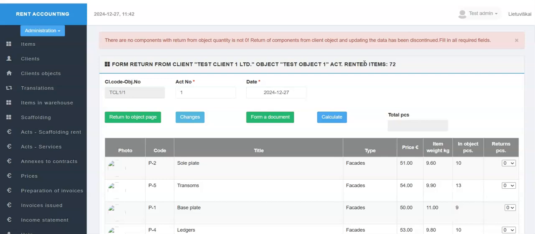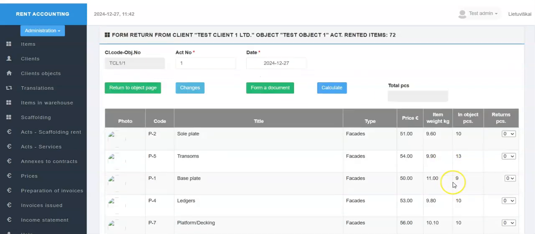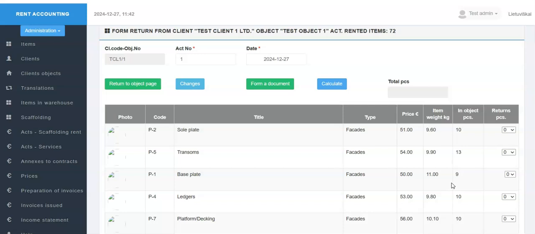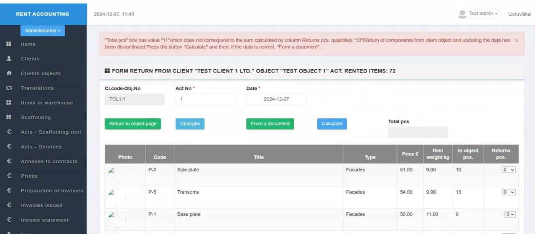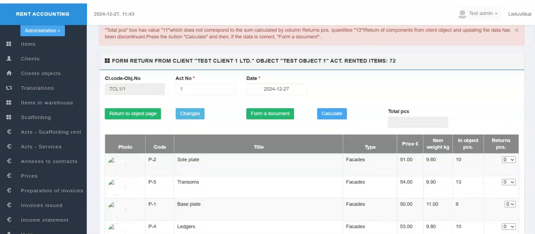The program also stops the formation of the act and displays a message with the relevant information if, after clicking the Form a Document button, the returned quantity of all components calculated according to the values of the returns PCS column does not correspond to the amount in the total PCS field.